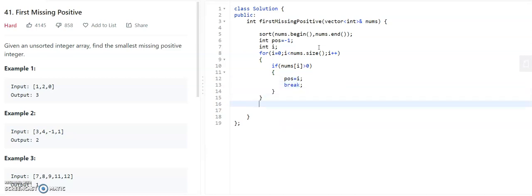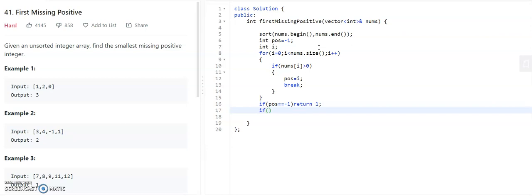So if we do not find any positive number in the given array, then the position will be -1. So if position is equal to -1, we did not find any positive number there. So return the first positive number 1. That will be the answer.